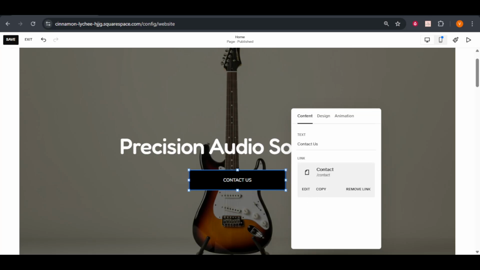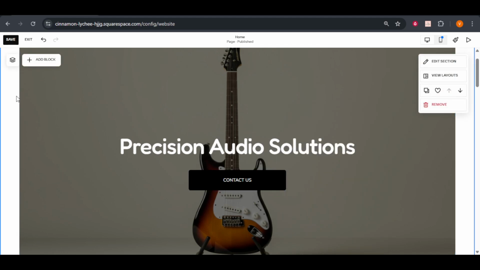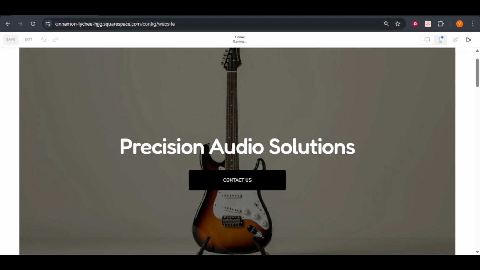Once you're satisfied with your updates, don't forget to save your changes. You can usually find the Save button at the top or bottom of the editing menu. Click this to ensure all your hard work is preserved and published on your site. It's always a good practice to preview how your changes look on both desktop and mobile devices. Squarespace's responsive design ensures your website looks great on any screen, but it's worth double checking that your button appears